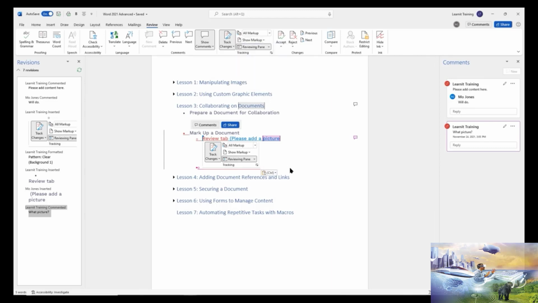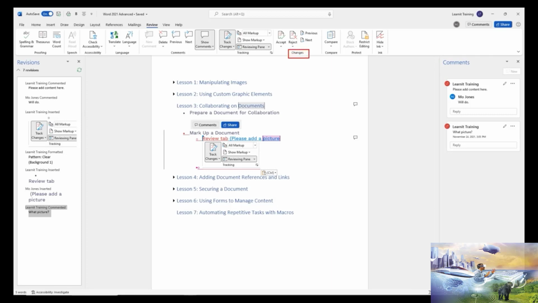So now I need a way to be able to cycle through this. This is pretty small right now, but imagine a 20-page document that has markups for every line and every page. It can be very, very overwhelming and very, very time consuming. And so what you want to do is manage all of these changes. And the way that we keep track of all these changes, right here on my review tab,